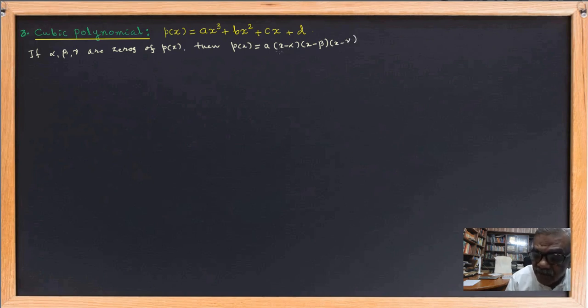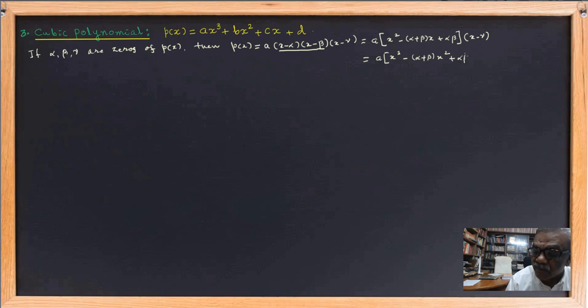First I would like to multiply these two linear polynomials as a into x square minus (alpha plus beta) into x plus alpha into beta, and then I would like to take out this x minus gamma to be multiplied with this quadratic polynomial, and this is equal to a x cube minus (alpha plus beta) into x square